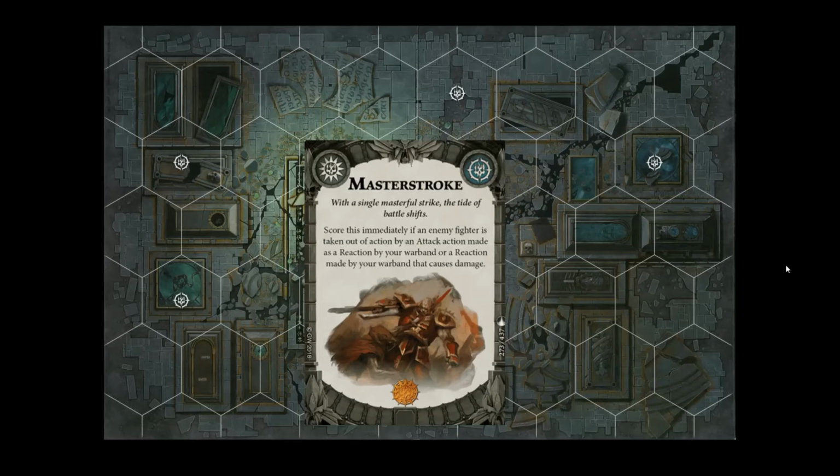Okay, so attack action. If a fighter is taken out of action by an attack action made as a reaction by your warband, or a reaction made by your warband that causes damage. Now, naturally, you might think of Gore Fists on Blood Warriors, or perhaps Angerhad Bright Shield's counterattack, or Severin Steelheart's Furious Riposte. And yeah, that's definitely what you're originally supposed to be thinking of. But if you go deeper,